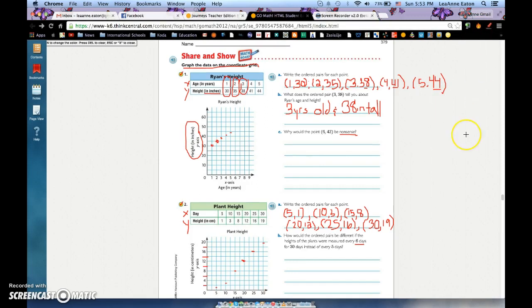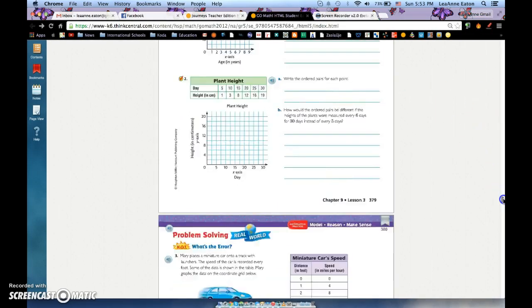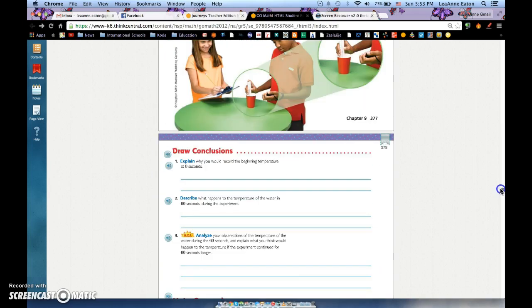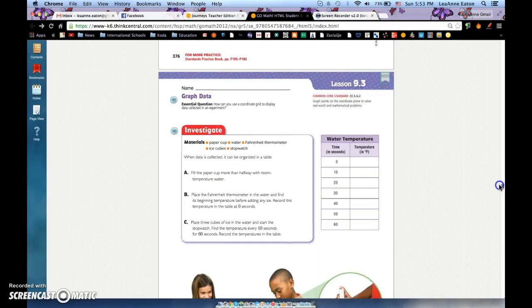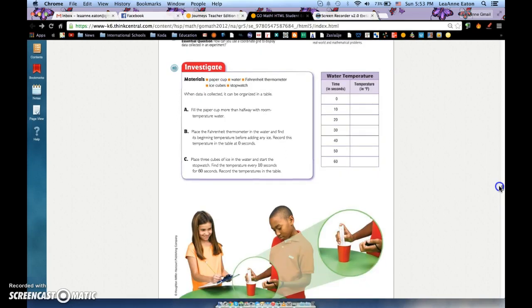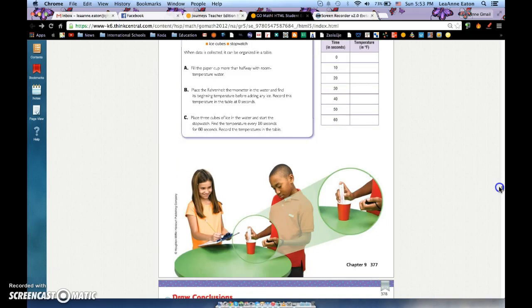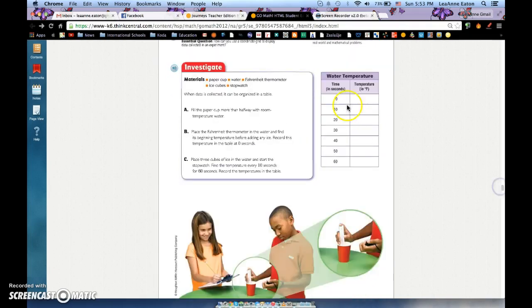Okay. I'm going to erase this. That way I can go down. You guys are going to now work through an experiment. Okay, it's not a very big experiment, it's just for you to practice gathering data. So you're going to melt some ice cubes and you're going to keep track of the data. You're going to have the water temperature, you're going to have time, and you're going to have temperature being measured. Now, in the book it says in Fahrenheit, but you might have Celsius thermometers, and if that's the case, just make sure you cross this out and write in C instead. Okay, so which is going to be the